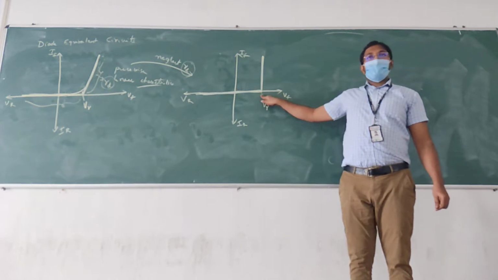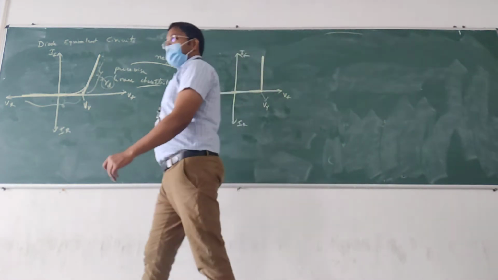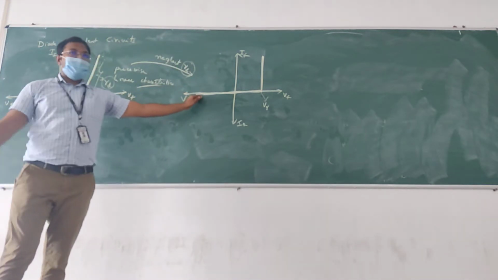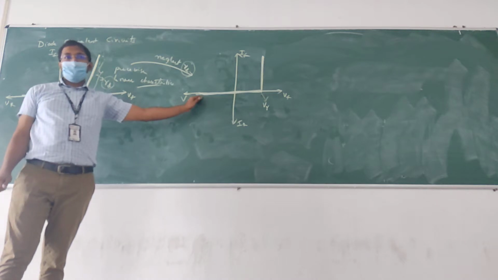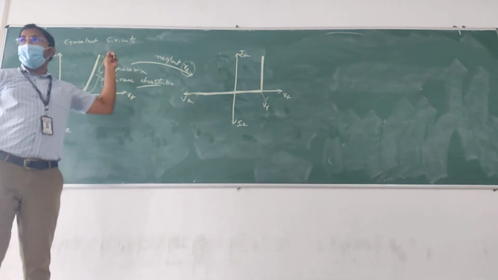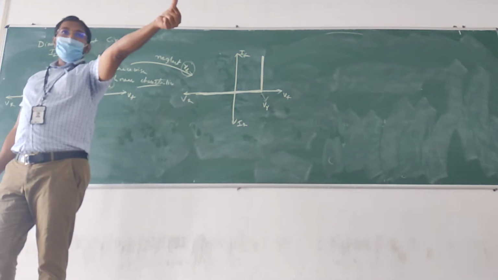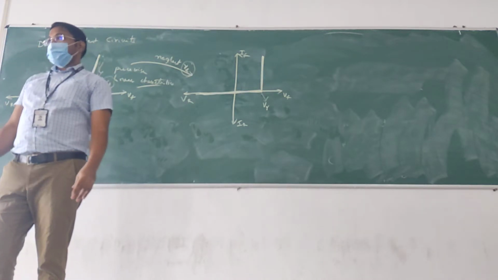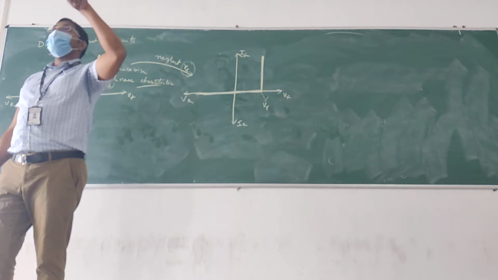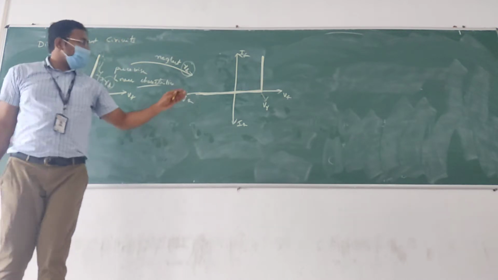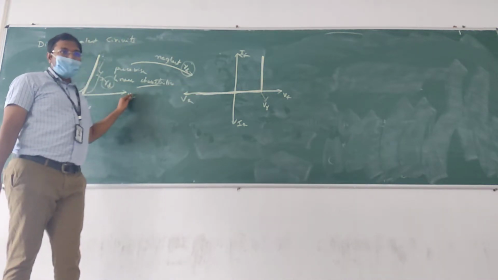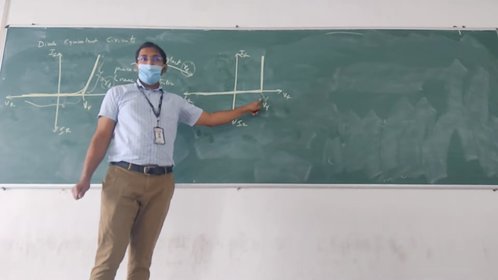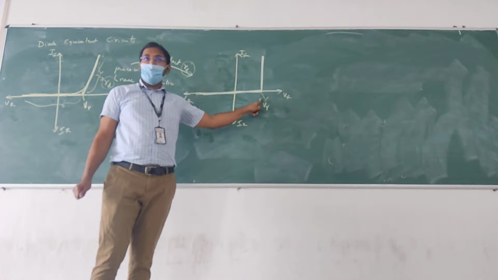0.6, 0.7, is it a very small value or a very large value? Very small value. Reverse bias will lead up to 11 volts. You remember? And it goes beyond. The diode which we used in the lab will break down at 1000 volts. So compared to this voltage, again we can neglect the cut-in voltage.